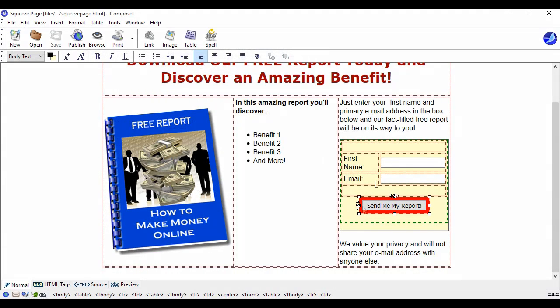And then you need to have something enticing on the send button. Don't just have submit, because that's a bit boring. So what I've got on this one is send me my report. So people will fill out their first name, their email address, and click send me my report. And then their report will be sent to them, or rather they'll be added to the email list. They'll be sent the confirmation email, and then once they've confirmed,